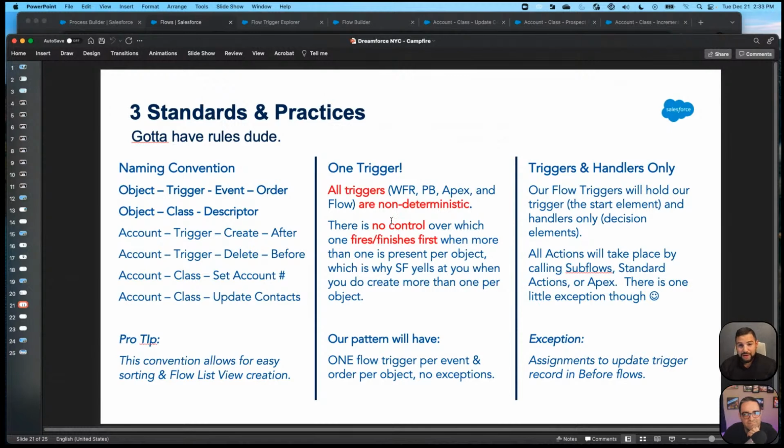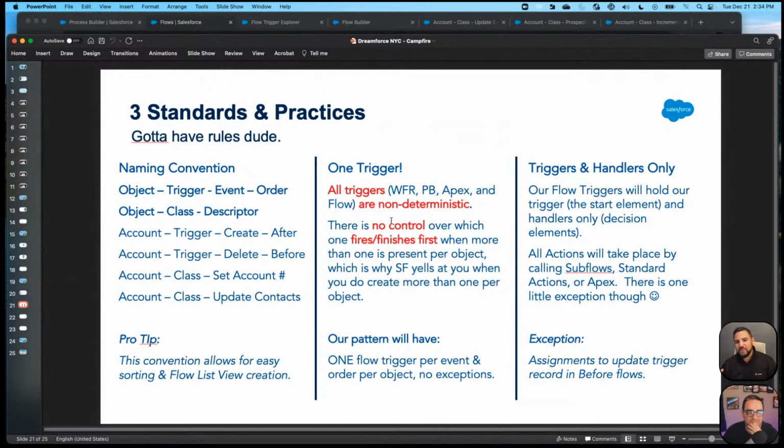Here's a really important one. I'm a big fan of the one trigger per object per event. And the reason why: all triggers, workflow, Process Builder, Apex, doesn't matter, they're non-deterministic. That's just a fancy way of saying Salesforce has no idea which one fires first and finishes first. No control, no idea. So you always wonder, why do people harp on the one Process Builder per object?